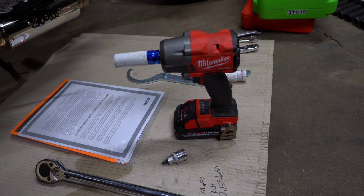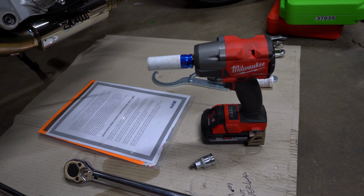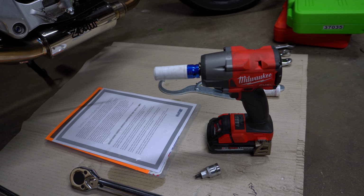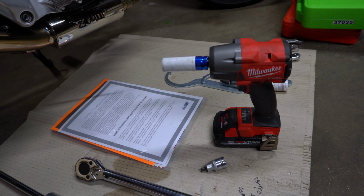That's something where I'm happy to have Baker Garage, who's doing the alignment, also toss on the rear struts, make it their problem if something breaks. I don't think it will. I think a little bit of heat and a little bit better of an impact, more powerful of an impact, it would come right out. I didn't want to go down the heat route because I do have to drive the car for about a week before my appointment at Baker Garage. Didn't want to destroy the bushings or cause more damage and then not have a vehicle. So we'll let them do the rear struts, but I'm sure it is something that can be done pretty easily